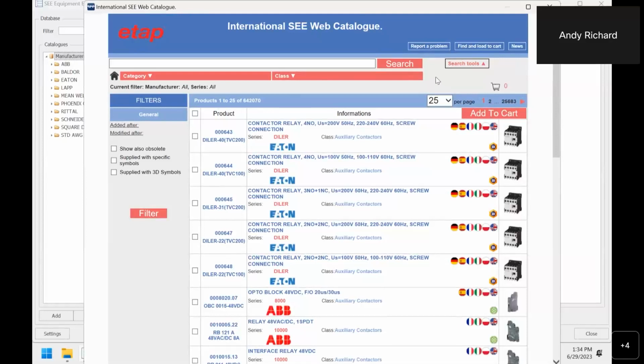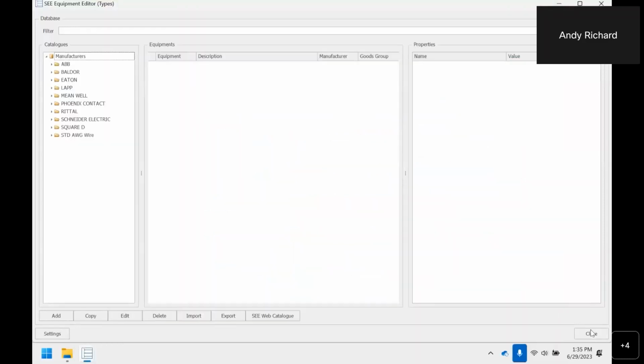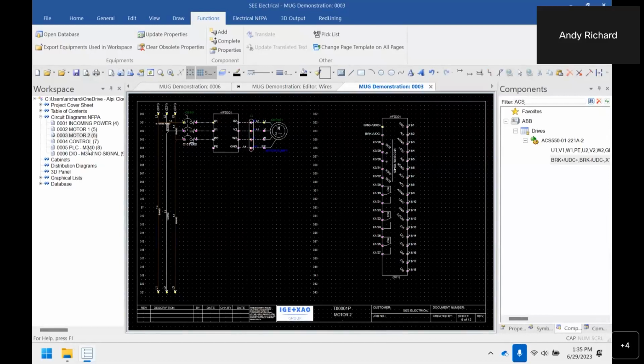We offer part creation. So if you need parts to download with symbols and data, we offer that as a service. So you can send us that information. We'll create them, populate it into our web catalog, and then you'll have a download directly for that. So from here,